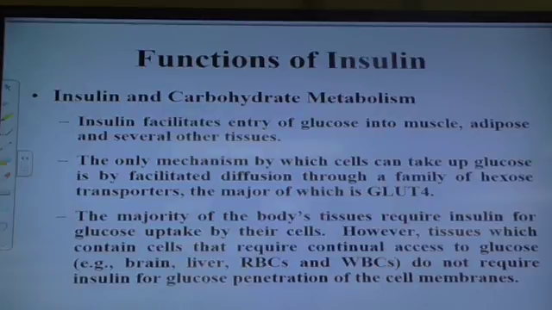Okay, now the only mechanism by which cells can take up glucose is by facilitated diffusion through a family of hexose transporters, and they're called GLUTs, G-L-U-T. Okay, now some of these